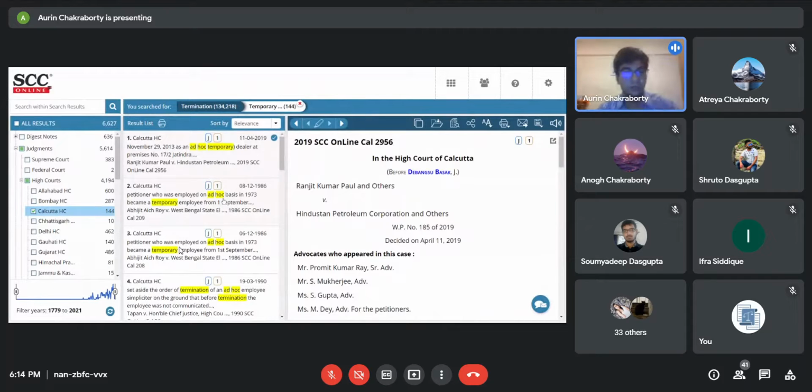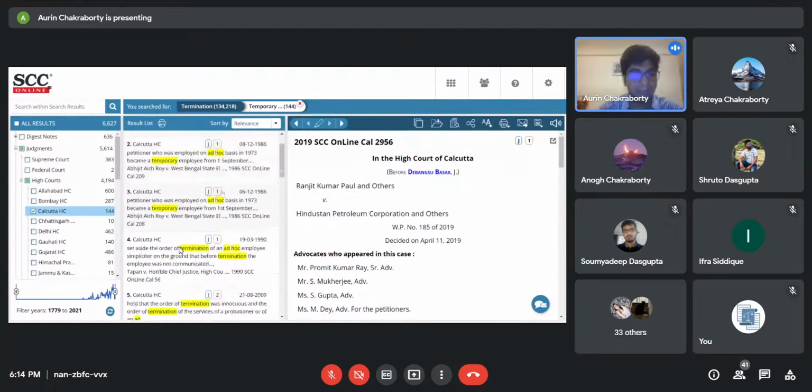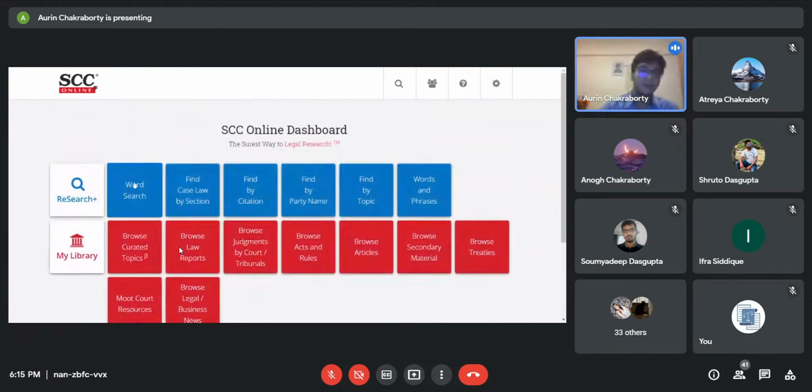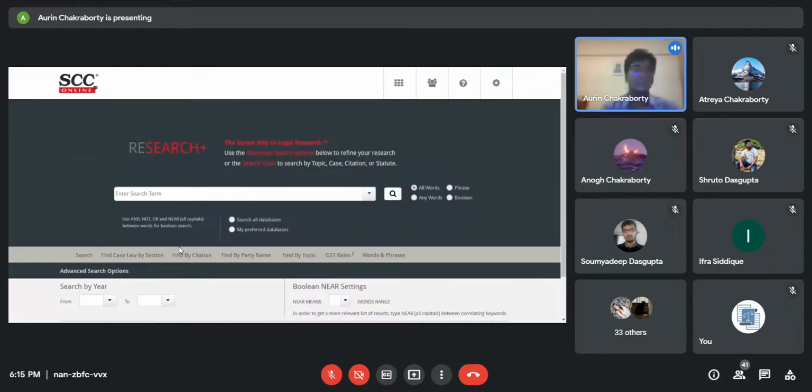Now, wherever employment has been terminated and the employee type was temporary or ad hoc, as you can see from these results, right? So that's more or less, with the or keyword. If we can go back and do word search, next in effect to the not keyword, right? Now this not keyword again comes into effect when, for example, again, in our attempt to narrow down our search, right?